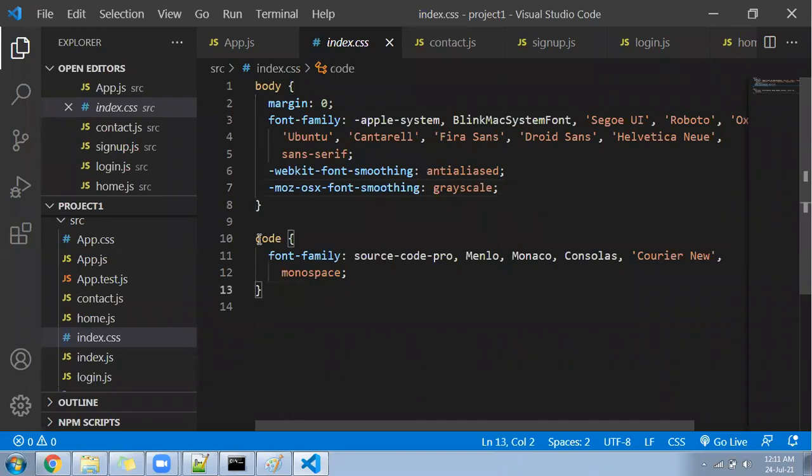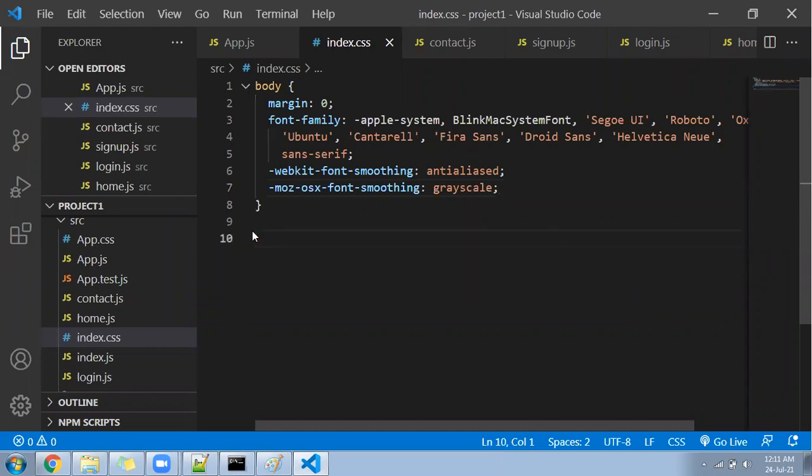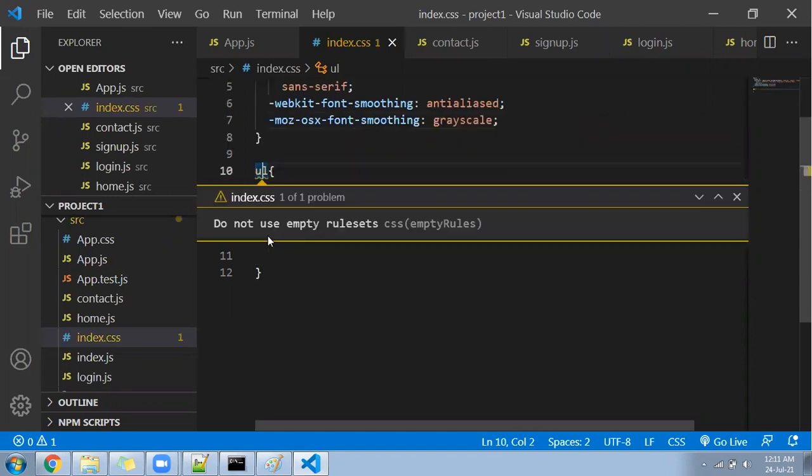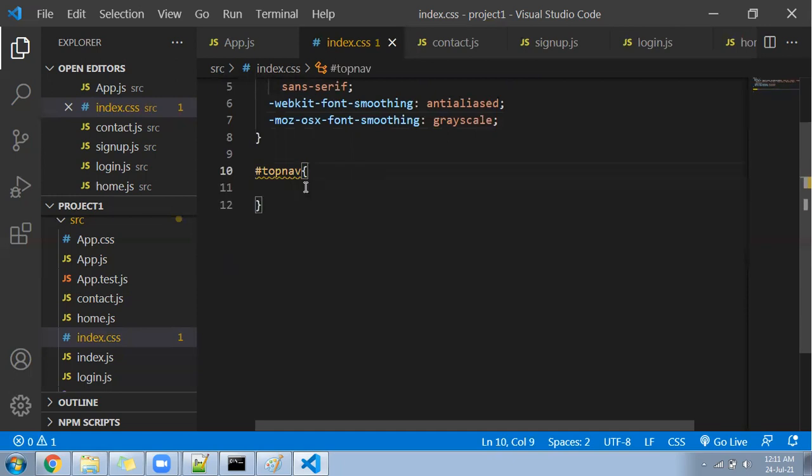CSS for navigation. Assume you are going to write a UL tag. For that UL tag, I'll give an ID or class, better. We can follow the ID or class method. I'll give here a class called top nav. Top nav. Okay. Top nav